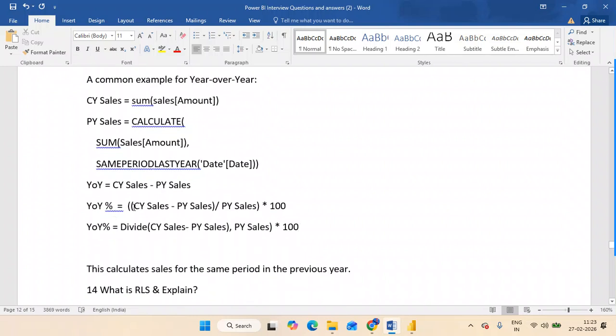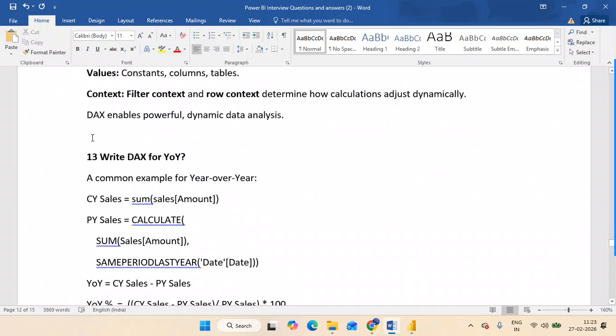You can use the other formula also, but here we are using divide. This is the numerator and this is the denominator. Numerator divided by denominator, divide function, into 100, so that will give the result. So this is the formula for year over year.